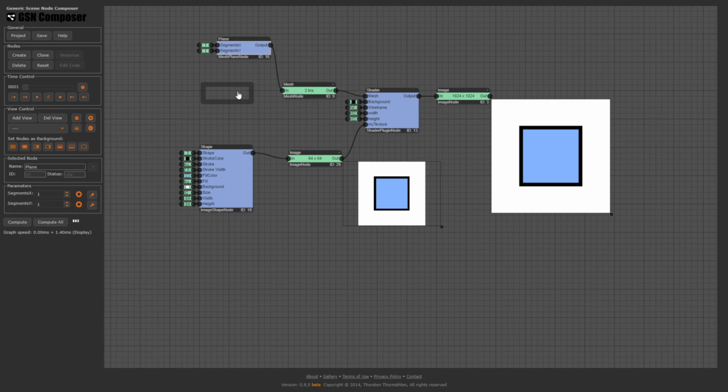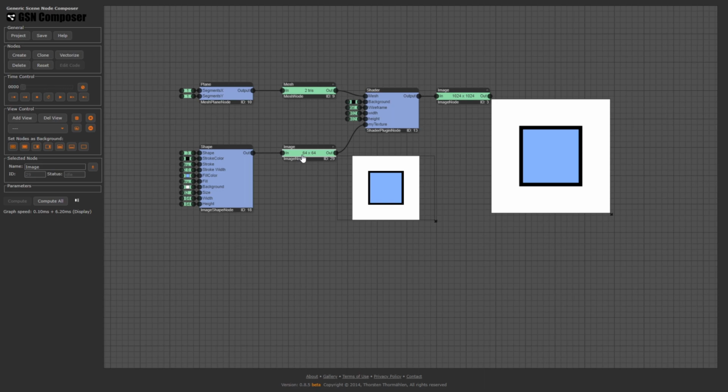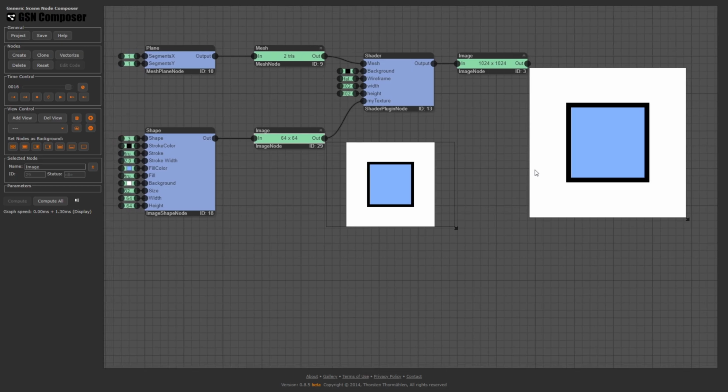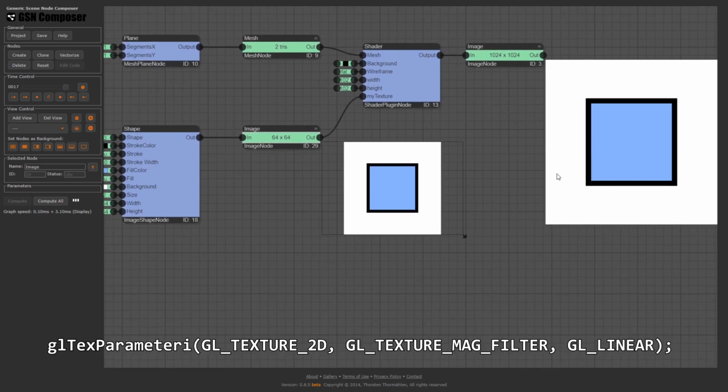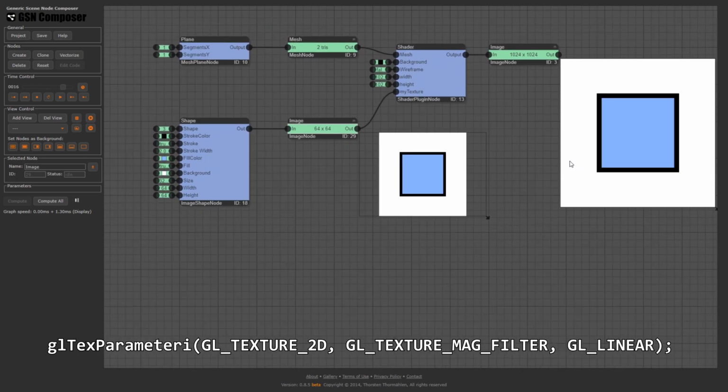1/16 is smaller than 1. Therefore, as we have learned in the slides, the magnification filter is applied. Usually, the magnification filter is selected in the host program, where we would call an OpenGL function.